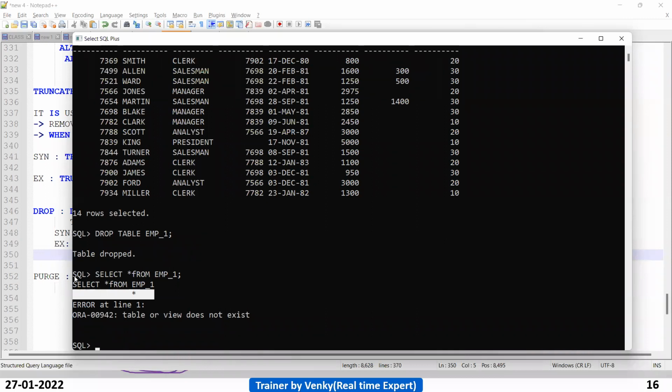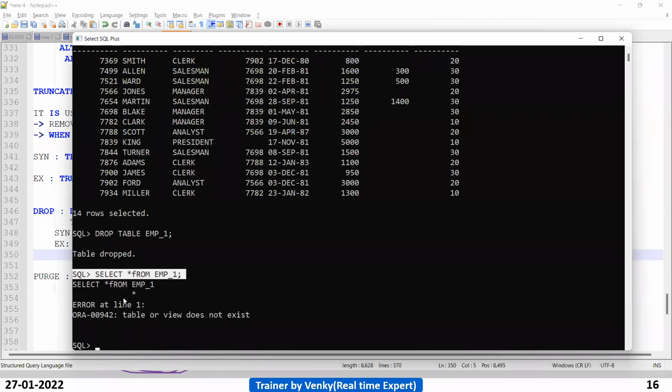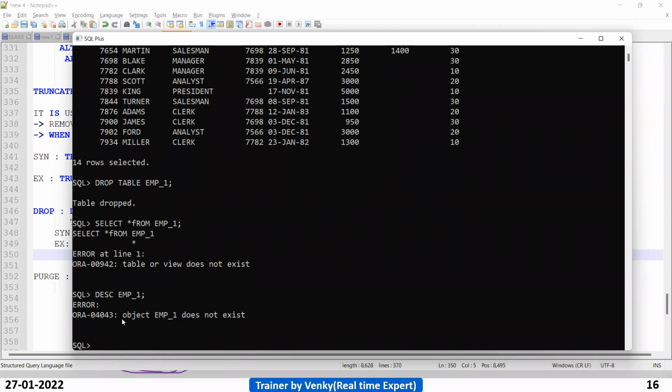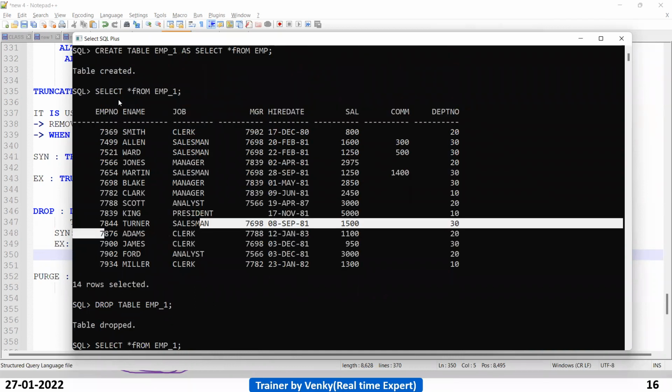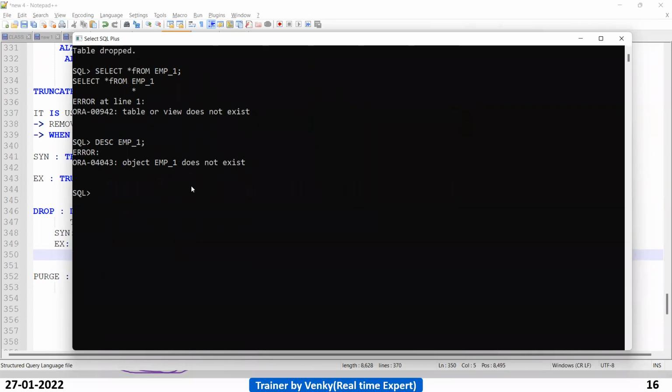That means the table structure is there. Here, the table itself is not there. So let us try to see the table structure. See, object EMP_1 does not exist. So here rows are deleted and the table structure is also deleted. Got it, guys? Am I right?